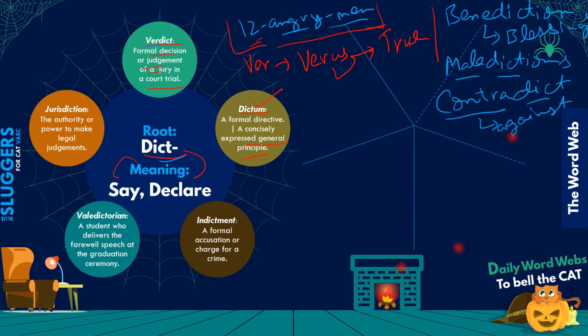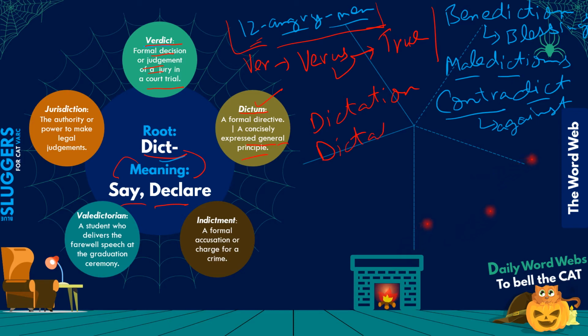Then next, you must have heard of dictation, right? We used to have dictation competitions where they test your spelling skills, how accurately can you spell words. Dictation is when the teacher is speaking out loud a set of words and you're supposed to write down those words with accurate spelling. So that is dictation. They are saying the words, speaking those words aloud. Similarly, you have dictator.